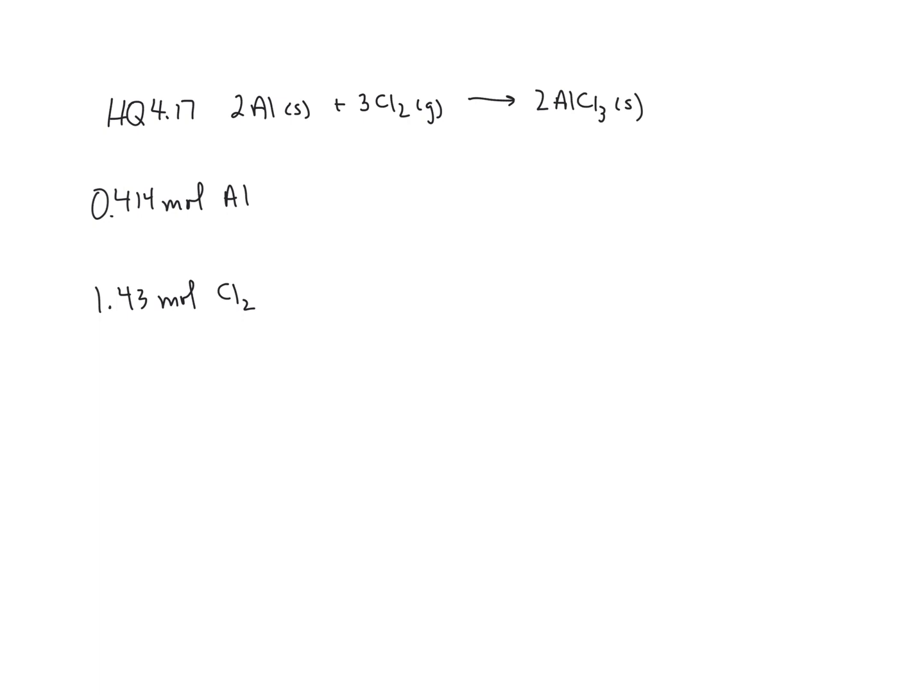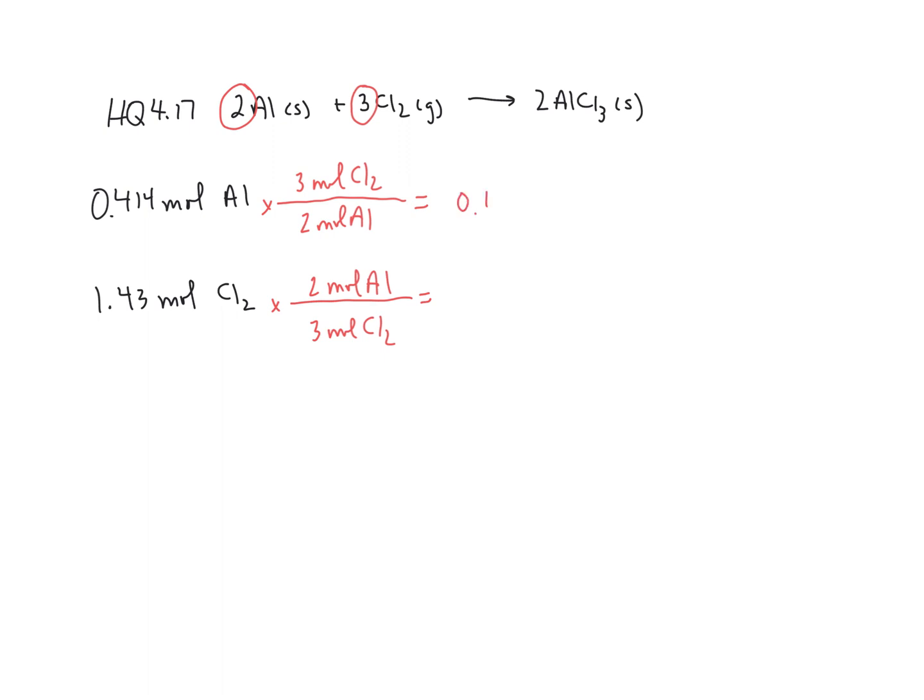So I would convert both of these to see, based on the aluminum, how much chlorine would I need? Based on the chlorine, how much aluminum would I need? So I would just stay with the reactants to say, okay, for every 2 moles of aluminum, I need 3 moles of chlorine. And then for the chlorine, for every 3 moles of chlorine, I need 2 moles of aluminum. This is going to help us see which one is the limiting reagent in this case. All right, so 0.414 times 3 over 2,